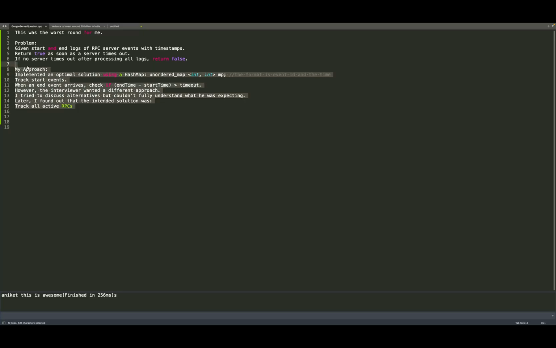So yeah, I've uploaded the solution over here. Let's see if you can make sense of the solution or not, right? What they say over here is that the person implemented the solution using a hash map, right? So what it eventually did was that it maintained a hash map in the format of event ID and the time. Let's say that you got an